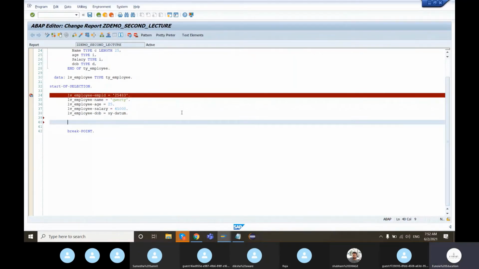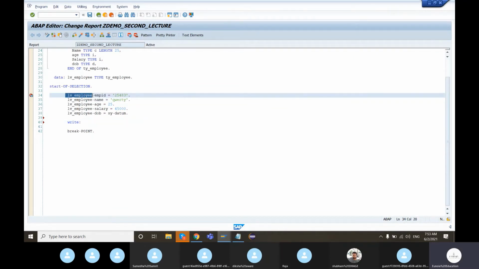So I now wish to print out these values on the screen. To print out the values, yesterday we saw that we have a keyword called write, using which we can print out the output. So I'm going to print out the employee ID followed by name, followed by age, salary, and date of birth.